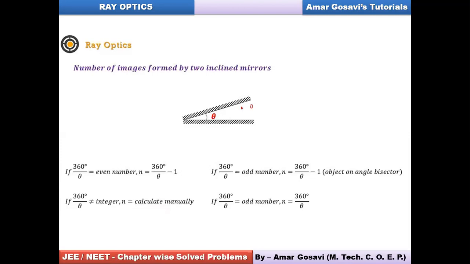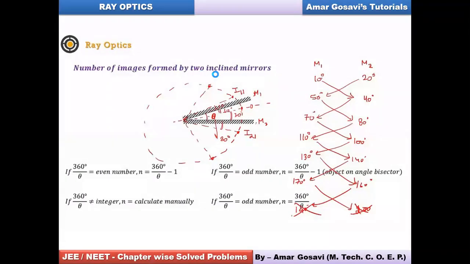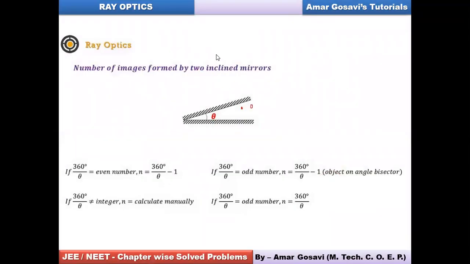So how many images are formed? Normally, whenever we go to a saloon, you might have seen mirrors being inclined in every sense, friends, and we wonder how many images are formed in that case, isn't it? So let's understand this. Again, I repeat, if the two mirrors are inclined and the angle of inclination is theta, and there is some object over here, how many images would be formed in both the mirrors totally because of the reflection of those mirrors?